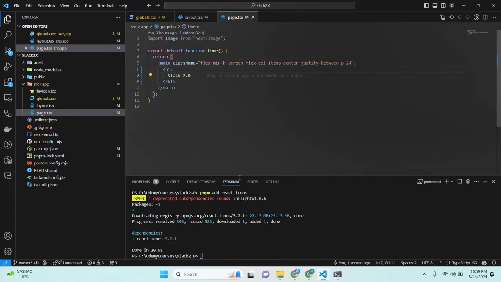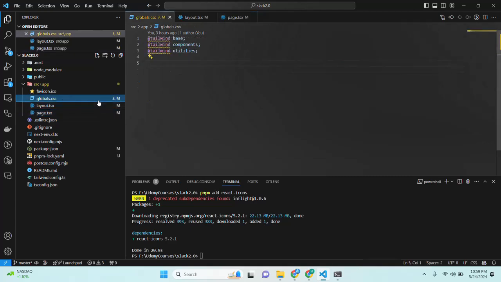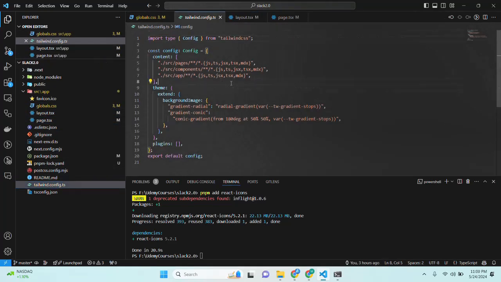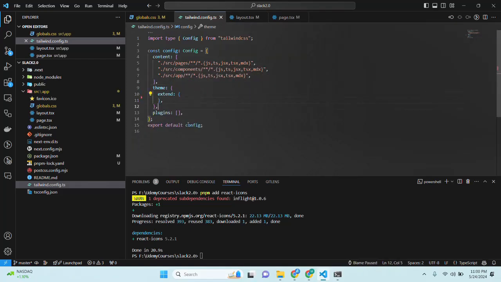Okay, so basically there's some configuration we need to do. So we will navigate to the tailwind.config.css, and here I'm removing this background image, we don't need it. Yeah, for the plugins,